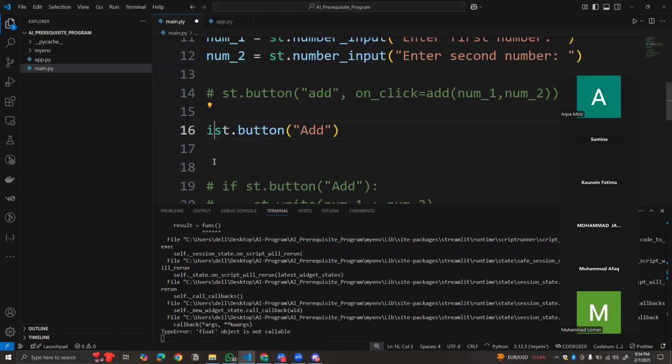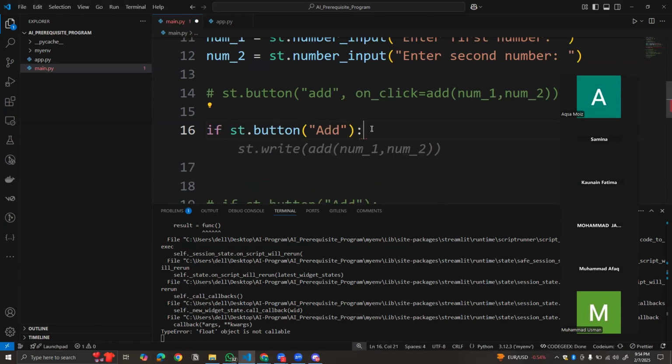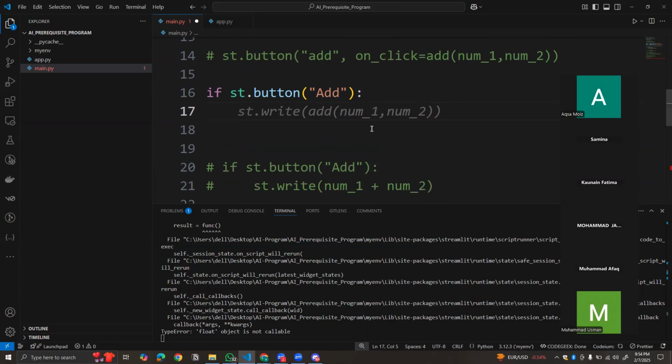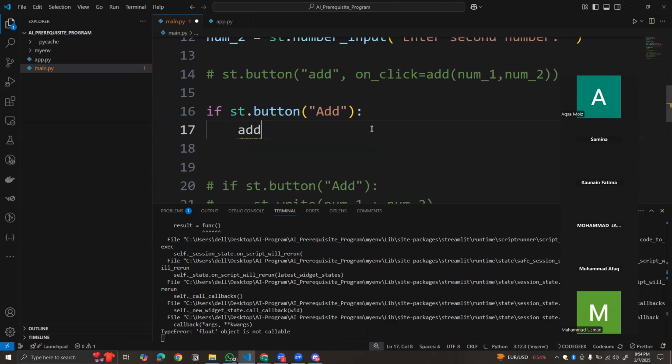ठीक है, तो अब मुझे समझ आ रहा है कि कंडीशन है, तो मैं यहाँ पे लिख दूंगी if st.button। और उसके बाद मुझे ये पता चल गया कि मुझे ये बटन लिखना है। अब मैं क्या कर सकती हूँ, अपने फंक्शन को कॉल करवा सकती हूँ यहाँ पे। जैसे ही बटन पे क्लिक होगा, वो फंक्शनैलिटी जो मेरी कंडीशन है वो फुलफिल हो जाएगी। उस फंक्शनैलिटी को फुलफिल करने के बाद मुझे एक और काम करना है, अपने फंक्शन को कॉल करवाना है।